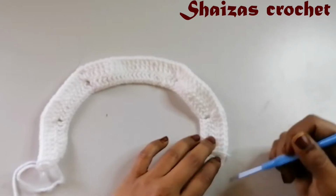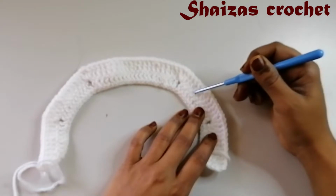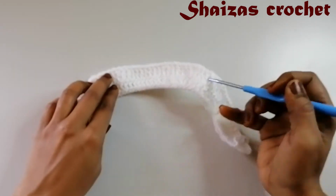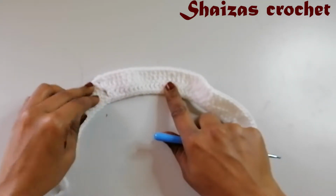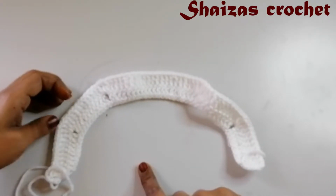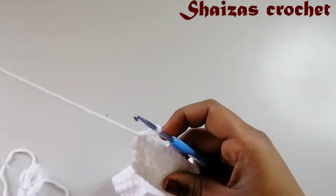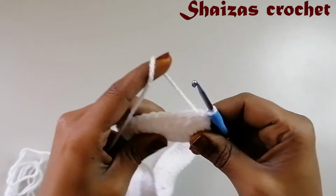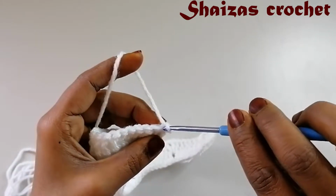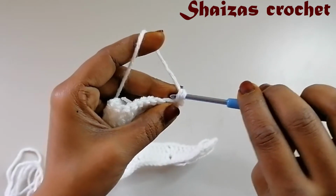we reach the second round we got here 11 double crochet stitches here, and here 12 double crochet, and this center we got 22, here 12, and then here 11 double crochet stitches for the round 2. Now we are going to turn the project, and then inside the hook into the very first double crochet, make single crochet, and then into the second loop